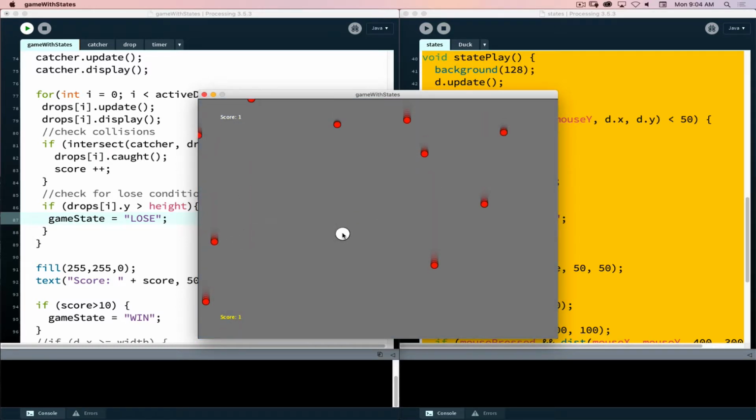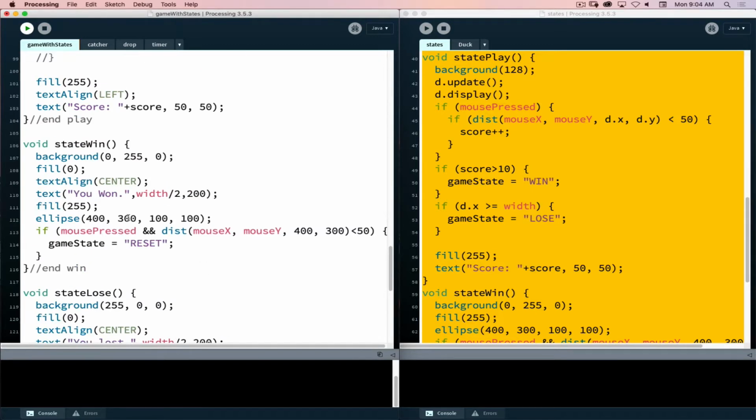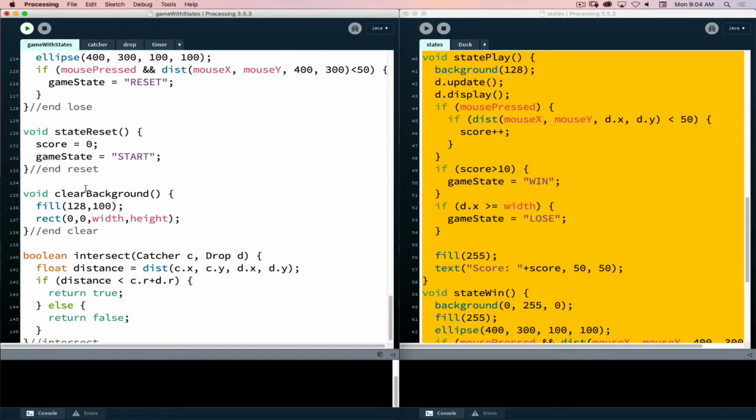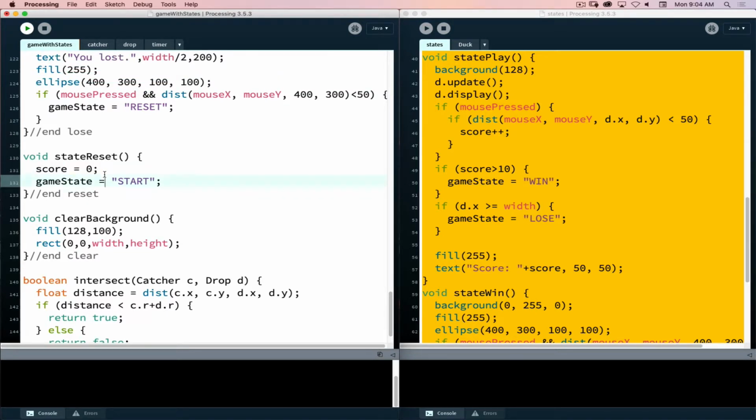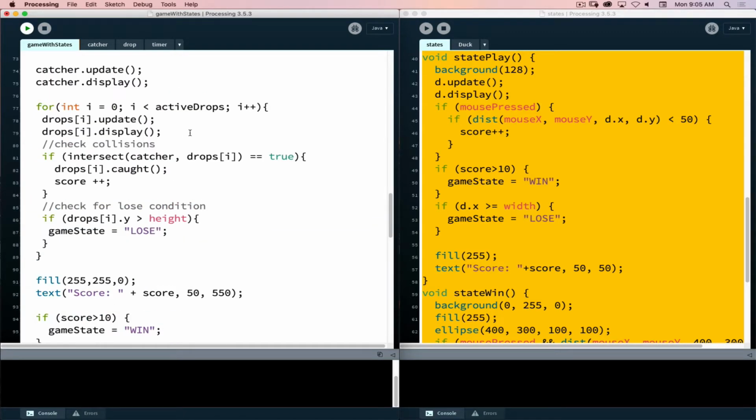Play the game, we'll let one fall, and I lost. Now I can play again, and we'll see that one of the problems that's happening is that every time the game starts up, the drops are exactly where they left off. So that's a problem. And this is where we need to build in that reset. We have this reset that resets the score. That's good, so we don't automatically keep winning every time we push the button. But we haven't reset the drops. So we have to reset the drops so that they're no longer running exactly where they were before. We also need to reset